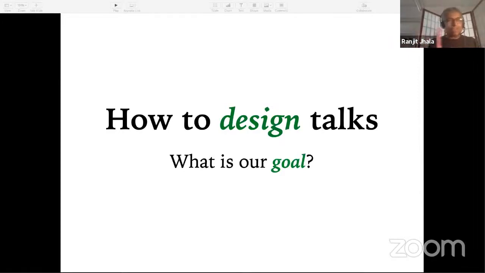But the talk is somewhat self-referential, in that I'm going to be describing various things, and I encourage you to revisit the slides after we're done, because the talk is supposed to illustrate the principles that it's enunciating. So anyway, I'll call this out in the course of the talk as well. The first thing that you have to do when you're thinking about your talk is